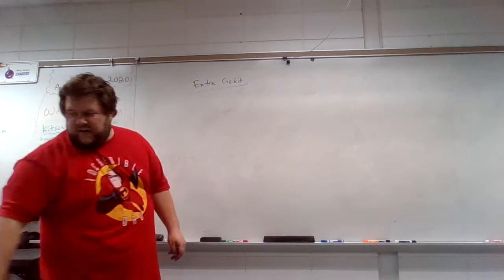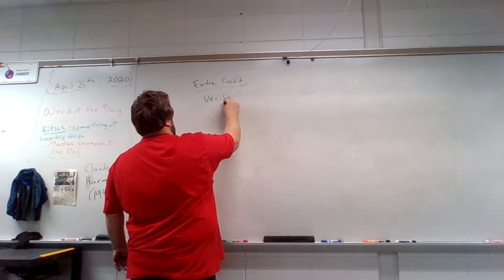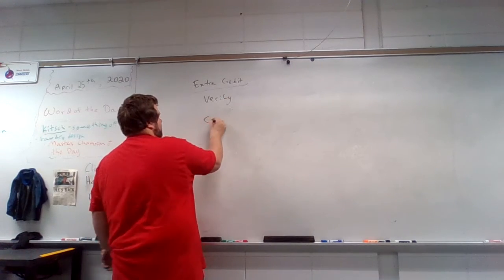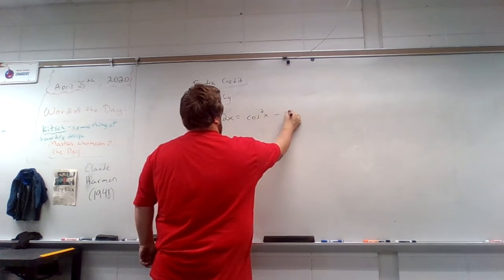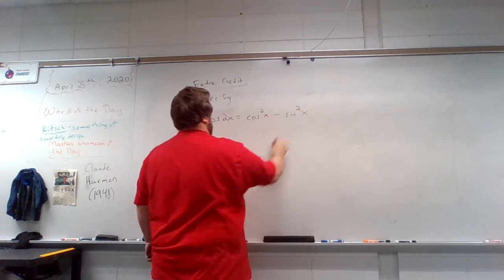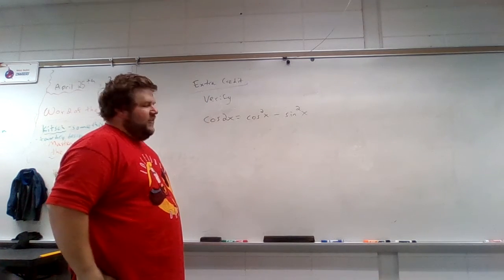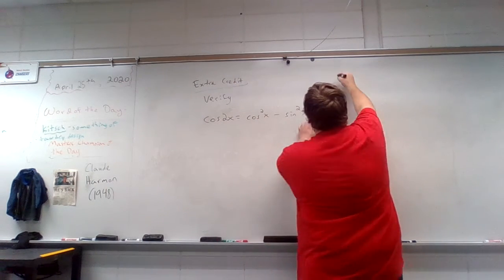And this is to verify that cosine of 2x is cosine squared x minus sine squared x. Very useful identity that we're going to talk more about, but this is the first time we can actually show it. And my hint would be